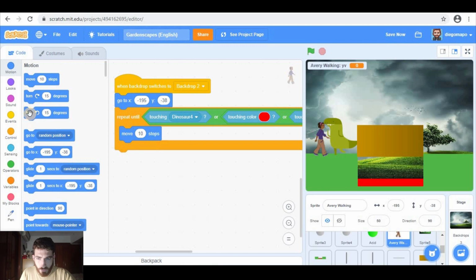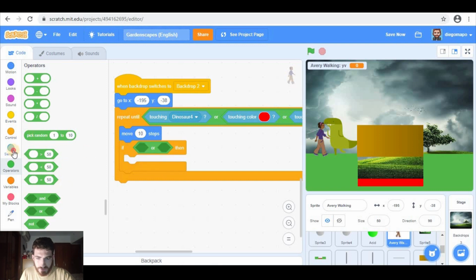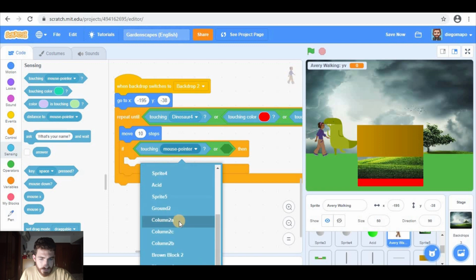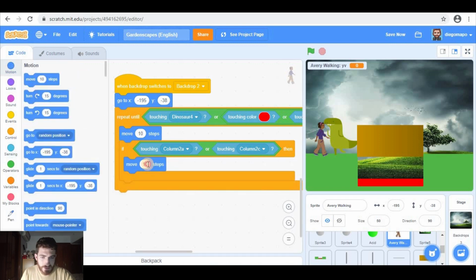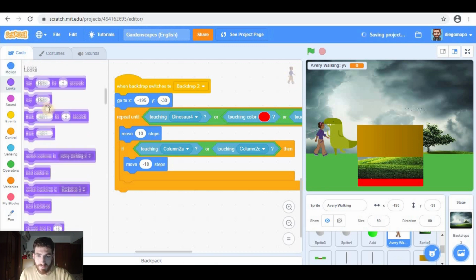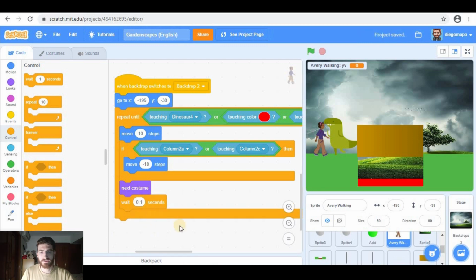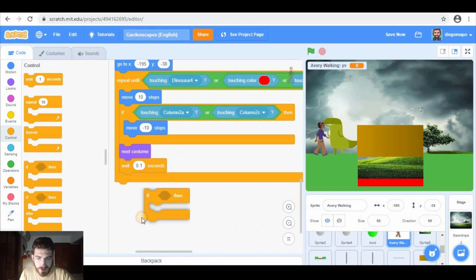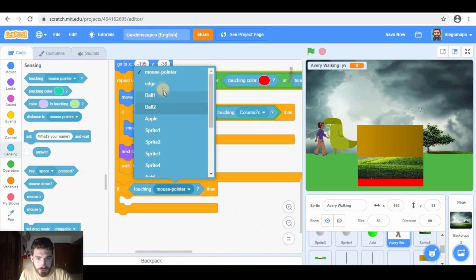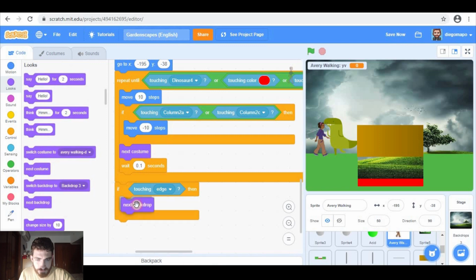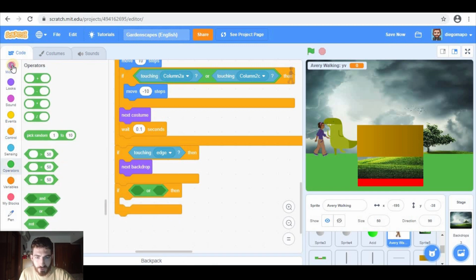So Avery is gonna be walking, but if touching one of the 2 columns, which are 2A or 2C, it's going to go back, so -10 steps. And as we've done with the dinosaur, next costume and wait 0.1 seconds. And now we say, if touching the edge, this has to be here. If touching the edge at the end of this program, we're gonna go to next backdrop, but if it is touching either the dinosaur or the lava,